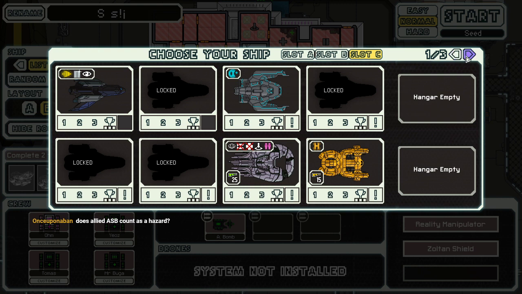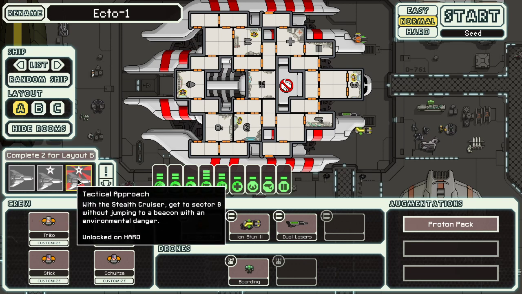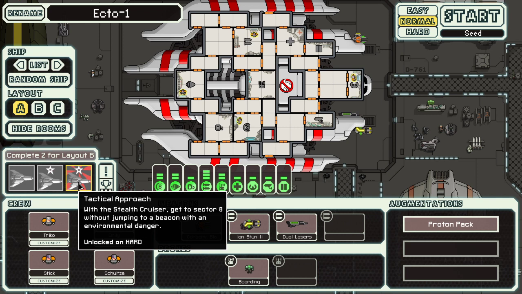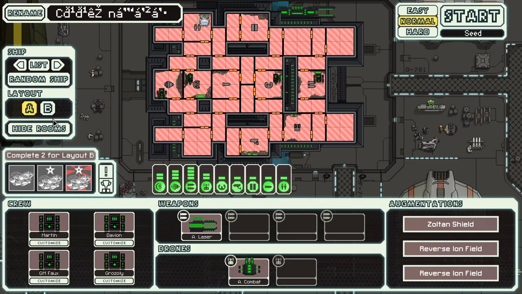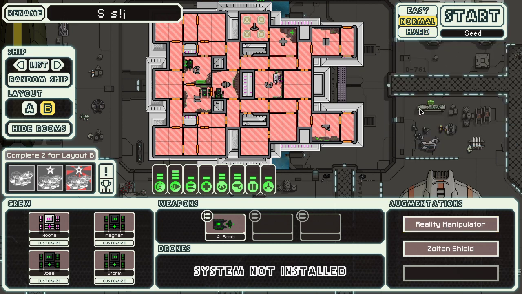I don't think so. Not as a normal hazard. Well, not according to FTL itself. I mean, there is that. I could probably still show you if I'm smart enough to say something out of this. Yeah, get segregated without jumping to a beacon with an environmental danger. You can be targeted by ASB and still get this achievement. So ASB does not count as an environmental hazard. Although I don't know if it said environmental hazard on the description. No, it didn't. Who knows? Maybe it can. But again, if you can do ASB, then why would you ever pick anything else? I mean, if you're boarding, then maybe a solar flare might be worth more, but...